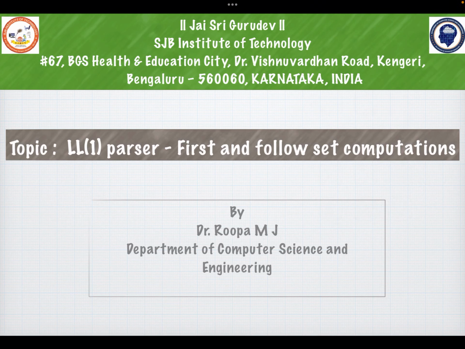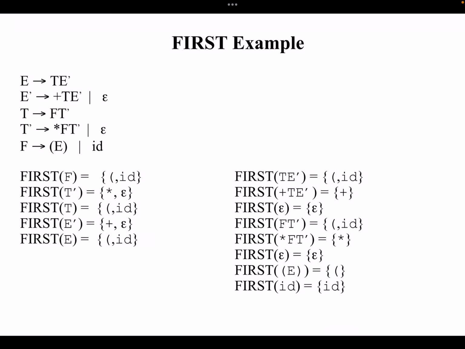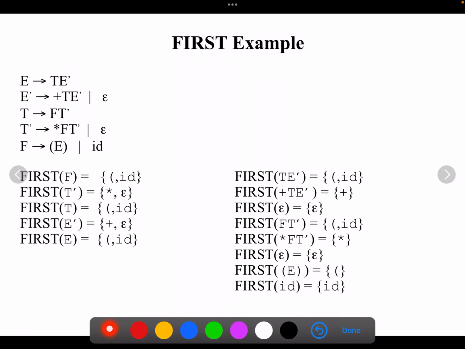Hello everybody. In today's class we are discussing another example for first set and follow set computation. So there is another set of productions which we have already seen. After removing left recursion we are obtaining this kind of grammar, because we already know that